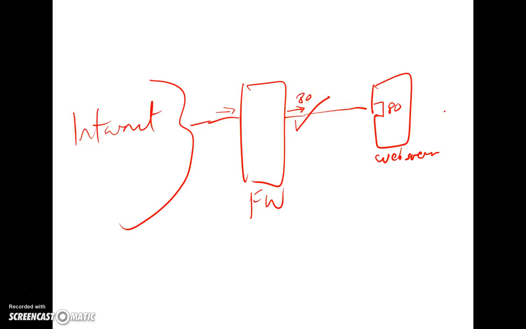But if a hacker here is trying to do something funny, he's trying to access, let's say, port 23, which is a telnet port, which allows him to remotely control your web server. When you try to access through port 23, because you know this connection is coming from the internet, and an internet user is not supposed to telnet to your web server, in your firewall you configure to drop this kind of traffic. These help you to protect your network better.